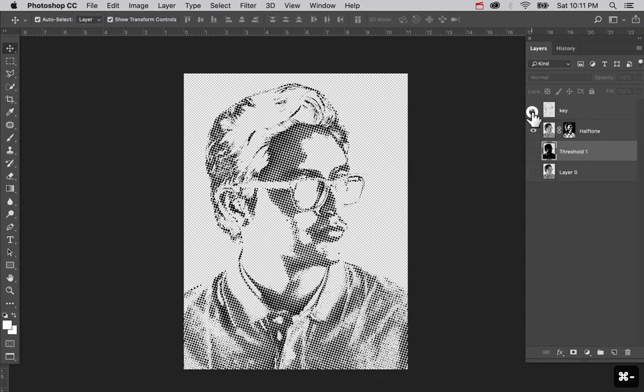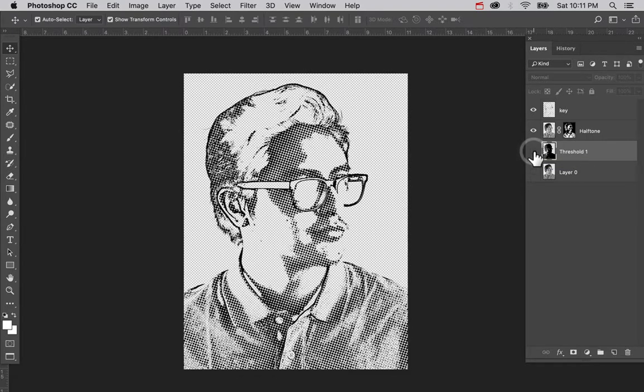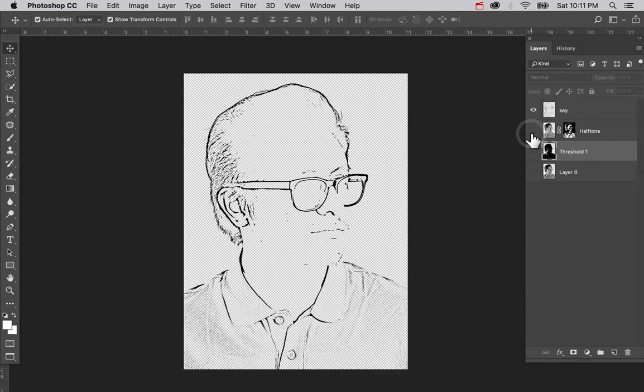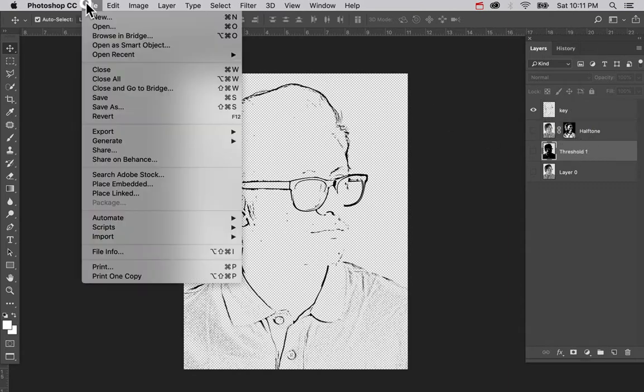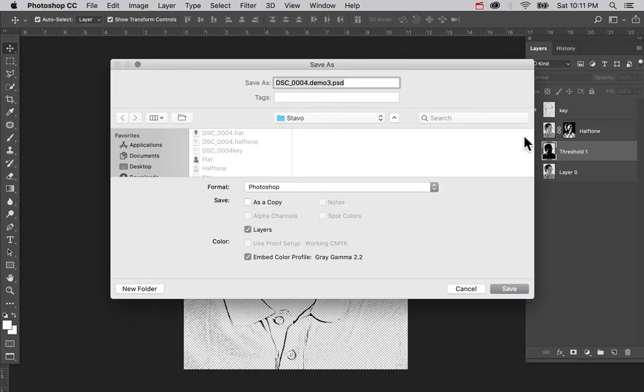So now when I select each one of these layers, they should stack on top of each other. Now my threshold layer is black, totally black, so this is going to look a little strange now, but that'll be where the fun comes in Illustrator. The last step I need to do here in Photoshop would be to save out each one of these layers as its own file. So if I go to File, Save As, I would name each one of these layers